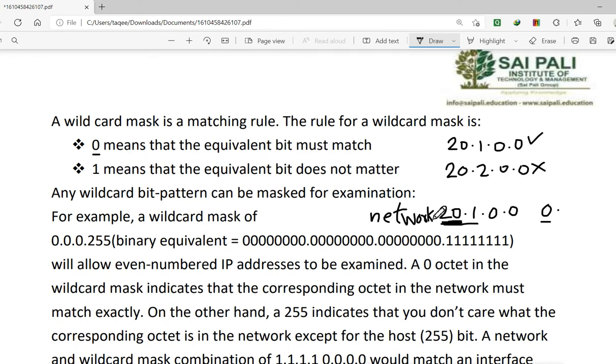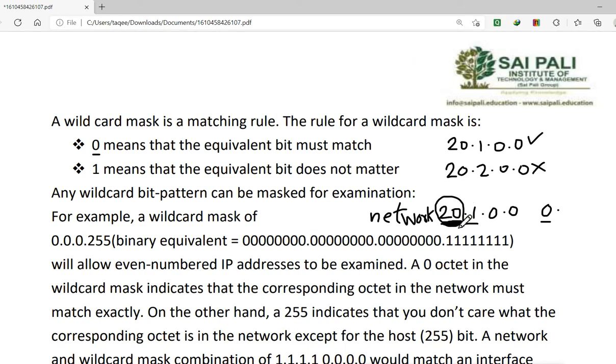That means I am saying in the first part of this must be 20, match 20. If it is not 20, then don't do this. Then I want to have 1 here, exactly 1, not 2. So what I will say? I will say 0 again. Now that means what? I am saying here that match all the bits must be exactly same. So if I said 1 here, then exactly 1 needed to enable the routing. If it is 2, then it will not enable.